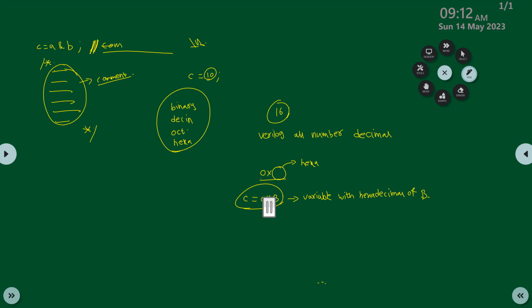And if I directly define something like this, the tool will allocate some memory to the variable to store this value. This is the concept from the C language. Let's say I define a variable C, C is equal to 16. If I'm not giving anything before that 16, it will be considered a decimal, and to store the value of C, it will allocate 32 bits in binary